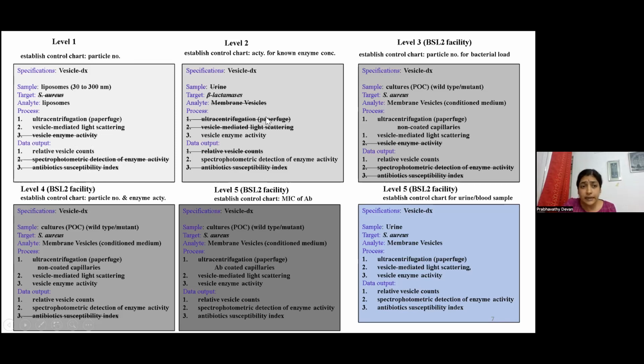And in the second level, we can just look into the enzyme activity. Of course, lots of papers do talk about beta-lactamase-based enzyme activity. So anyhow, we can try this as well, and then establish again a control chart where you have this conversion of 1 unit of enzyme converting the substrate to this much, and what is the OD. So that again we have to establish, which can be another simple experiment.